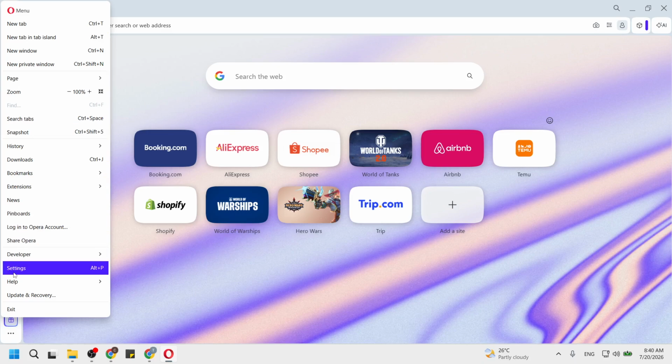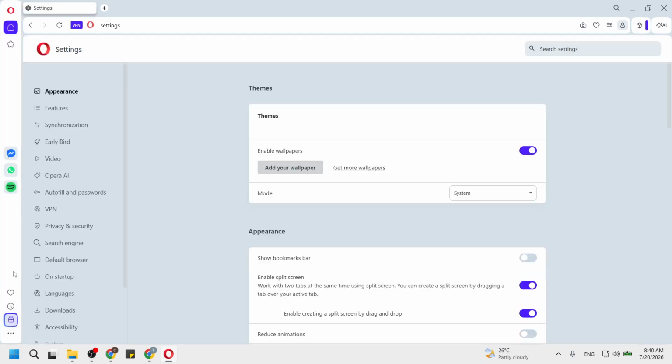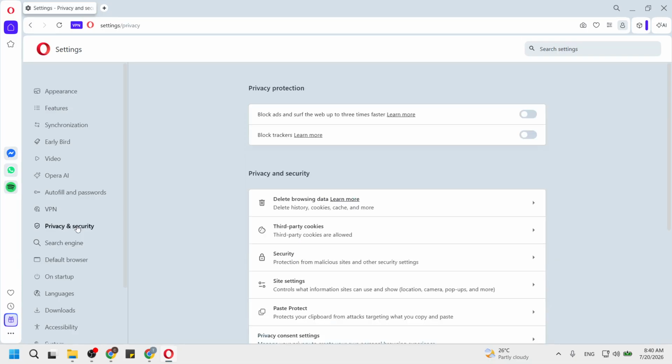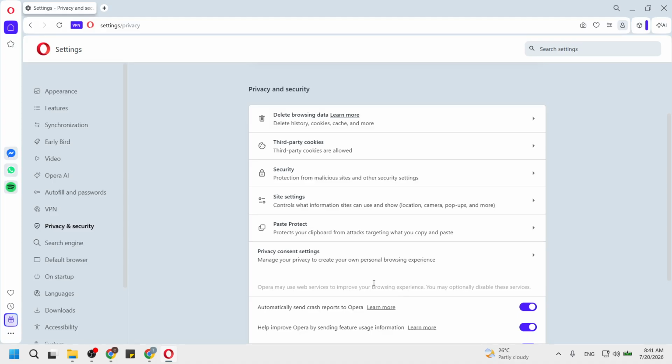From there, click on Privacy and Security in the left-hand sidebar menu. This section holds several important options that deal with your online safety and how your browser interacts with websites. Privacy and security settings are crucial for protecting your personal information online. By selecting this option, you are preparing to customize your browsing experience specifically regarding how content is handled by your browser. After that, scroll down to the Privacy and Security section on the right and click Site Settings.